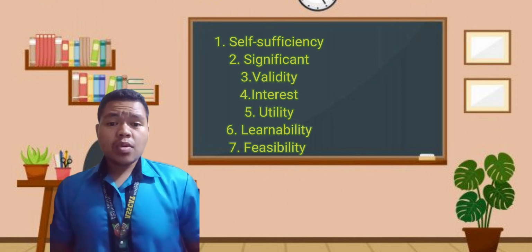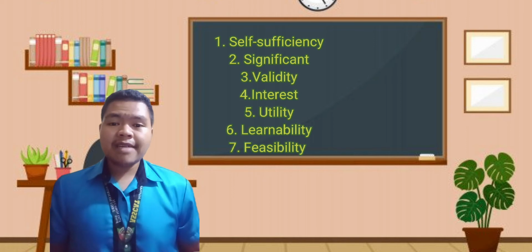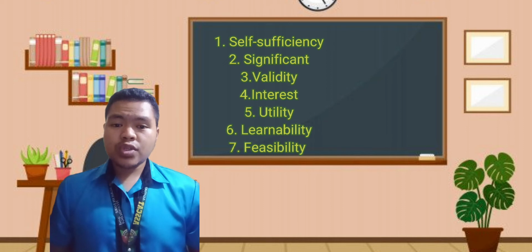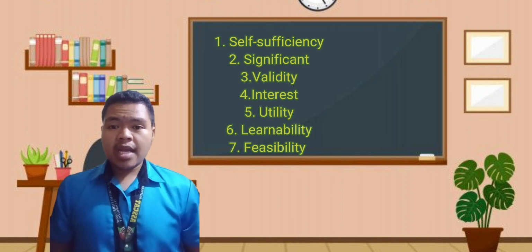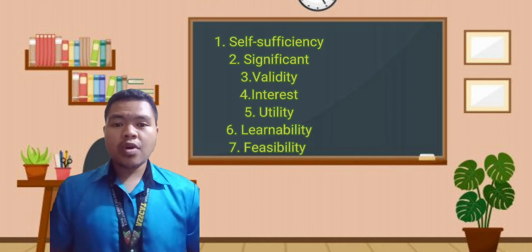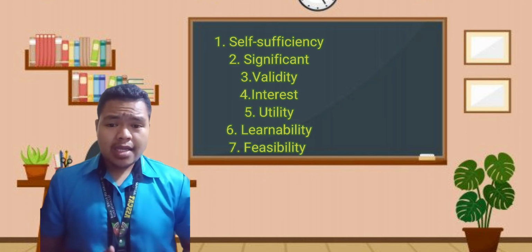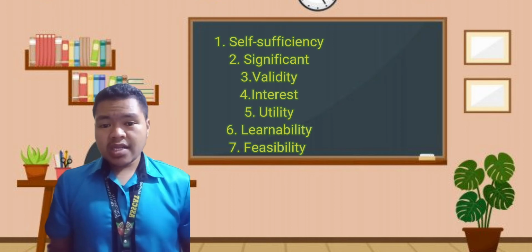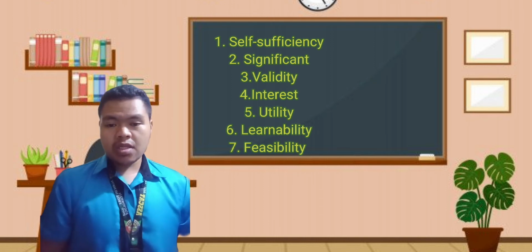Significant. It also develops the three domains of learning, namely the cognitive, affective, and psychomotor skills, and considers the learner's cultural aspect in order to select content or subject matter that can achieve the overall aim of the curriculum, which means before selecting the curriculum, it should suit the overall aim. Number three, validity. Example, in college and we are in the modern world of high technology, typewriting is not considered a skill in college. It will be computer literacy or information technology. In short,